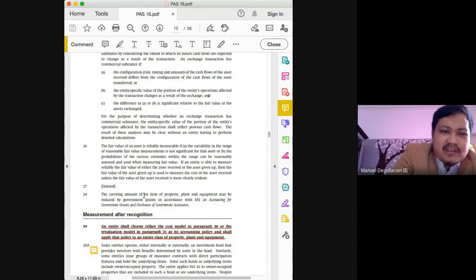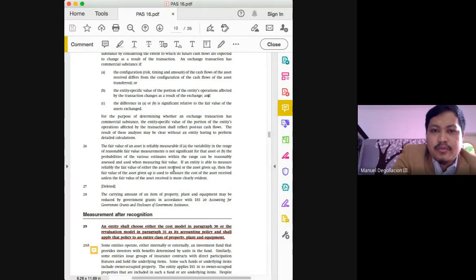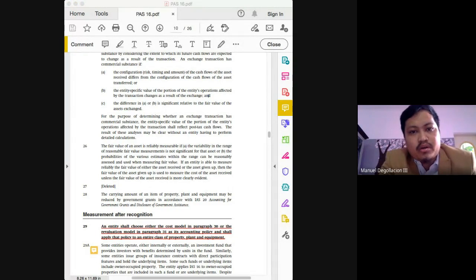Paragraph 28 may be a good source for a true or false question, but more often than not, this would be asked in conjunction with PAS 20, the standard on government grants and government assistance. So that will be all, class, for recognition and initial measurement. I will share with you the other discussions on PAS 16. You may work on the